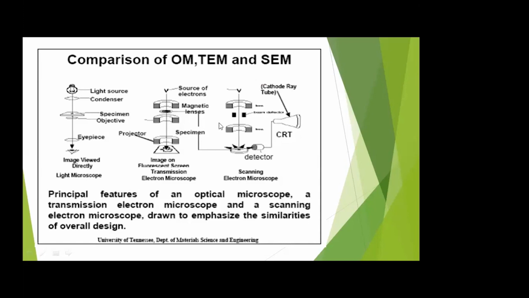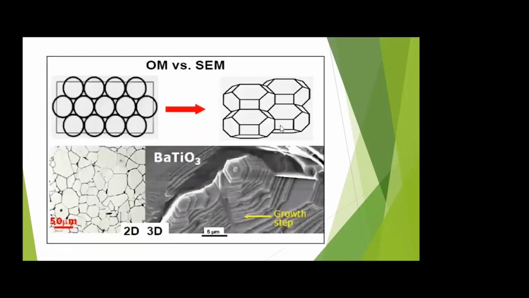In the case of SEM, as we have already discussed, from the electron gun, electrons are thrown out, which are condensed by the magnetic lenses. They are further focused and made to scan in raster scan fashion by the deflectors. And whatever signals are generated, like secondary electrons, etc., are detected, transduced, amplified, and represented in a cathode ray tube.